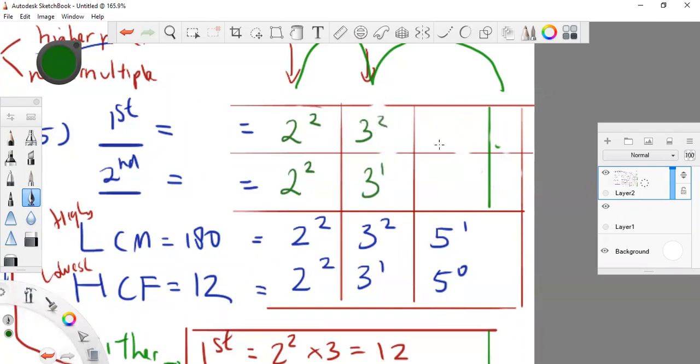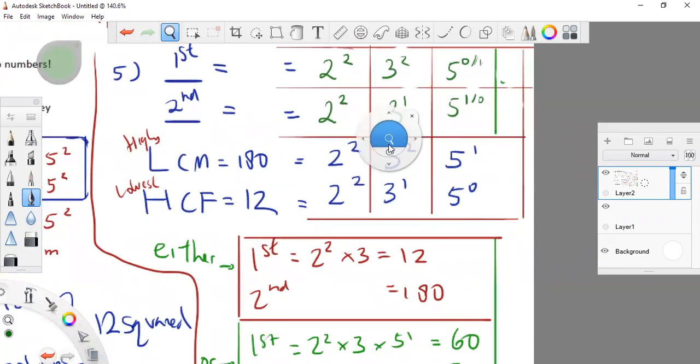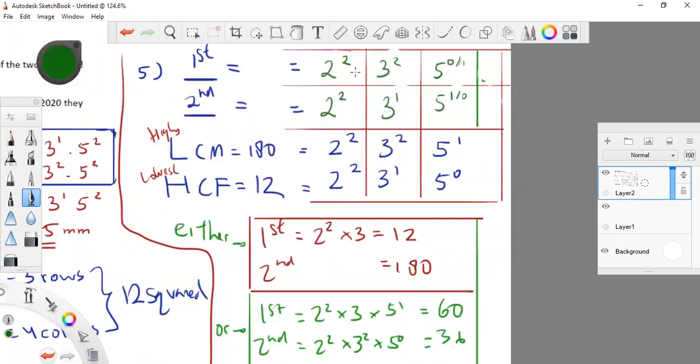And how about the 5? 1 is the highest and 0 is the lowest. So like this, or like this, right? And then just multiply the number to find the number itself. Right? Multiply the factorization. Okay, 2 square times 3 square